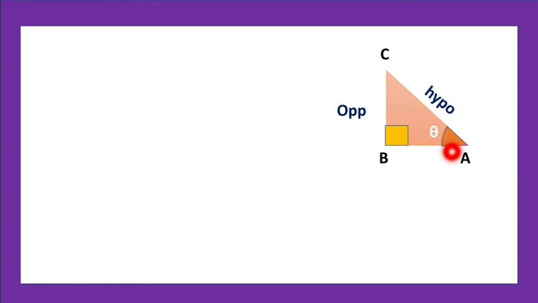We know that trigonometric ratios are derived from a right angle triangle. So consider a right angle triangle ABC. Here at B there is a right angle, and based on the particular angle theta at A, we have to name the three sides. We know that the side AC, which is opposite to the right angle, is called the hypotenuse, and the side BC, which is opposite to angle theta, is called the opposite side, and the side BA or AB, which is adjacent to this theta, is called the adjacent side.